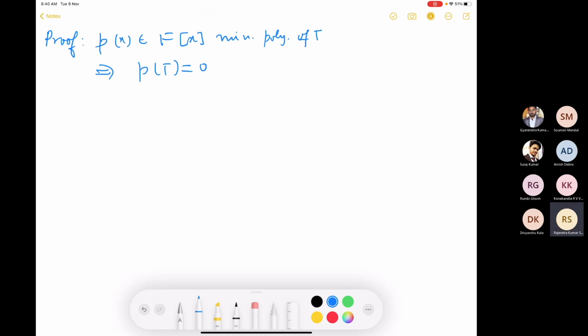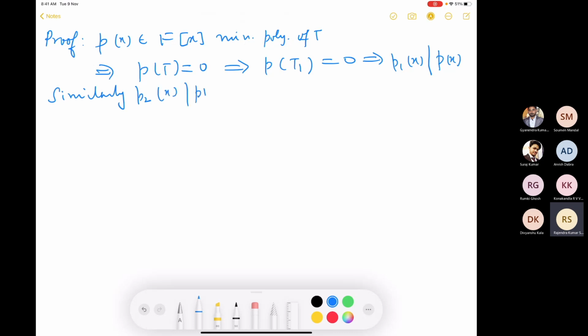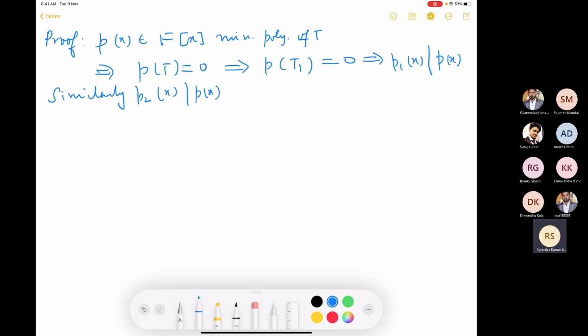We have just proved that P(T1), the restriction here, is also 0, and that makes P1 divide P(x). Just now we had proved exactly that P1 will divide P, and similarly P2(x) also will divide P(x), and that means